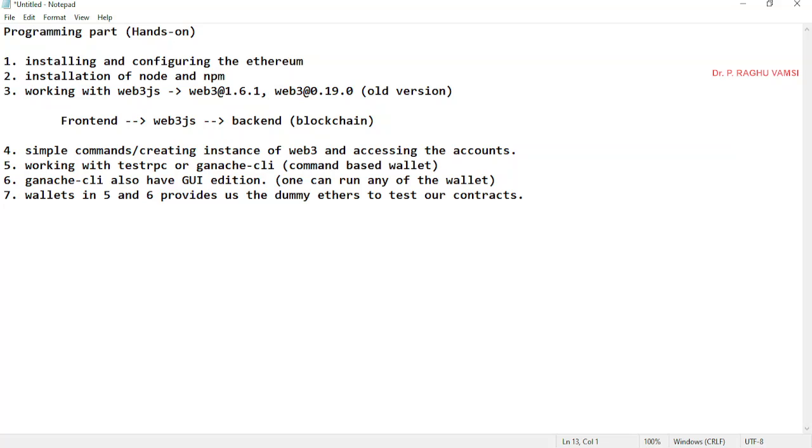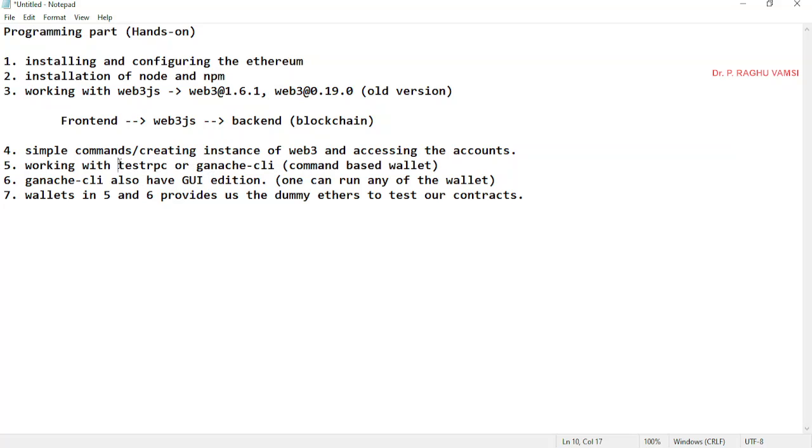So first of all, in order to work with smart contracts or Web3.js, in the background we are going to run the test RPC or Ganache CLI. Usually the test RPC is the older one, and Ganache CLI has been built on top of it.